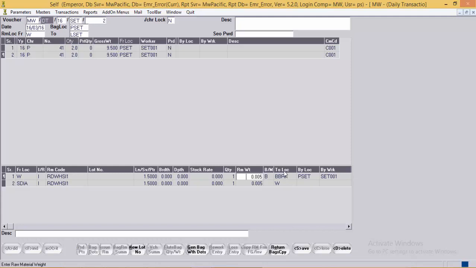Now at the day end, we know there is the breakage department and the stock gets accumulated there of the broken diamond. So whatever the difference of weight between the actual weight and the weight accumulated in this location will need to be transferred from the breakage location to the breakage loss location.